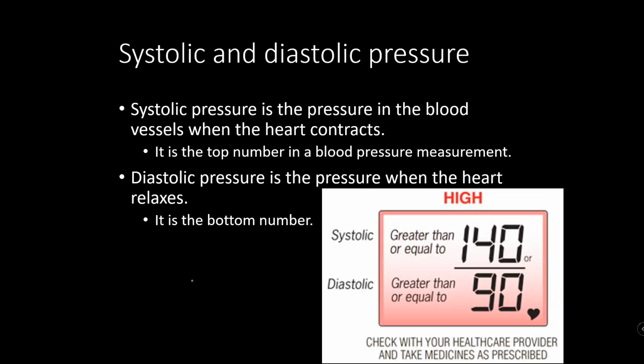Now, blood pressure, whenever you do a reading, you usually do it in the brachial artery. You can do it in some of the other muscular arteries of the body. When you do a blood pressure reading in those muscular arteries, you're going to get 2 numbers, an upper number and a lower number. The upper number is what's known as the systolic pressure. Remember, systole, heart contraction. So systolic pressure is the pressure of the blood when the heart's contracting. The lower number is the diastolic pressure. So remember, diastole is when the heart's relaxed. So diastolic pressure is the pressure of the blood when the heart's relaxed.